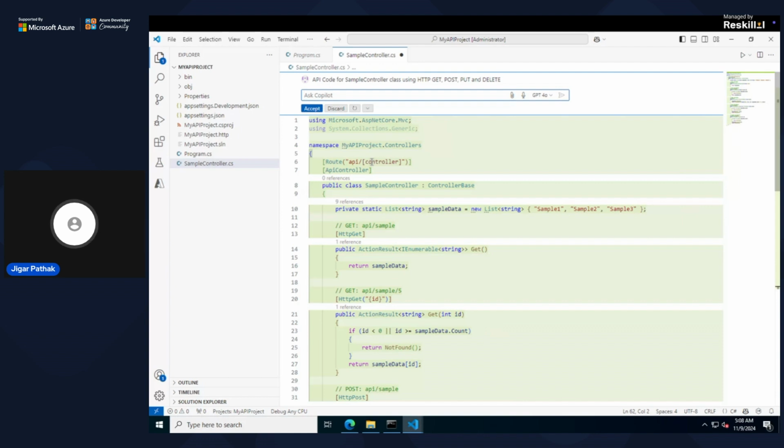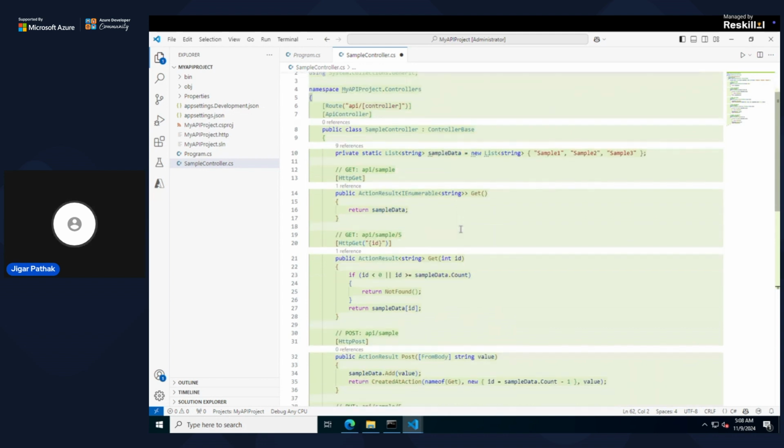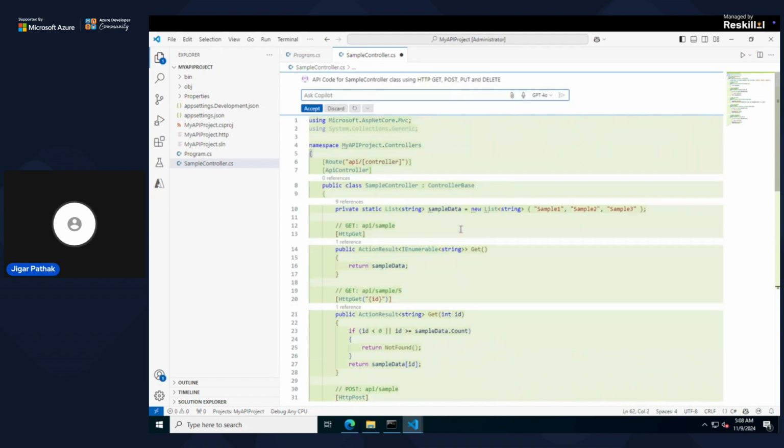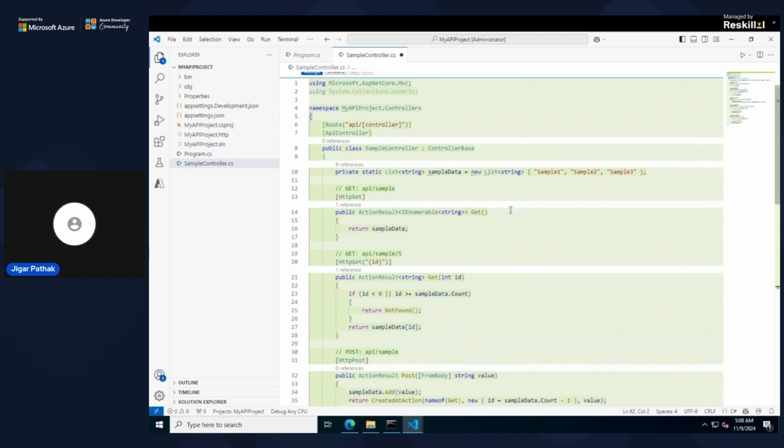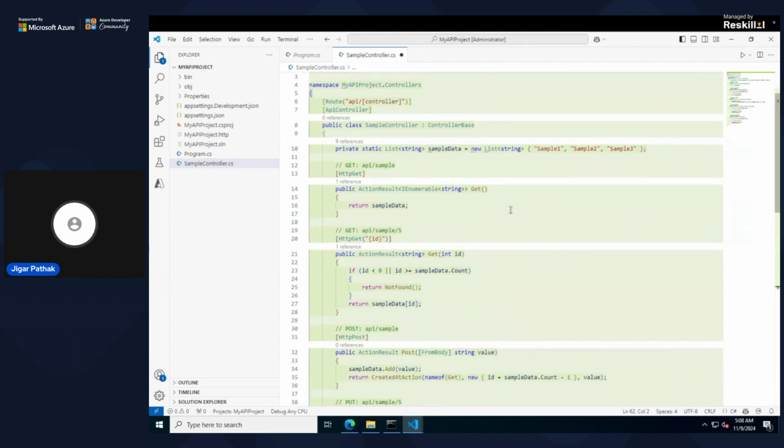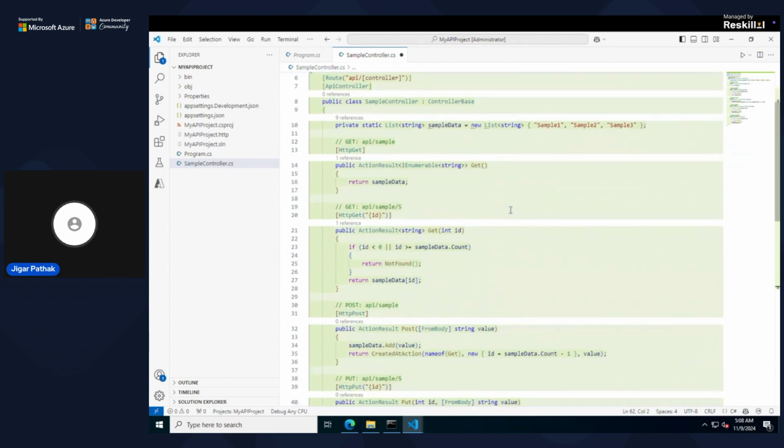It will give a complete suggestion that, hey, whatever you have asked, based on that, this is the code suggestion I have, like using Microsoft .NET Core MVC, the System.Collections.Generic class, and whatever other classes are also required, that gets imported. And here, route API controller, that's basically a kind of path. And here, you see some sample data also given, sample 1, sample 2, sample 3, which we can change and modify,